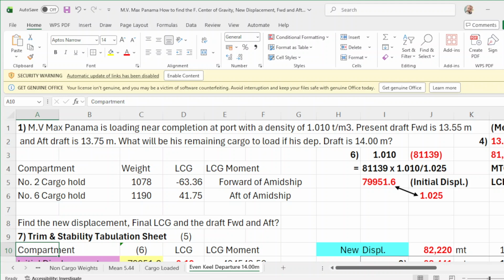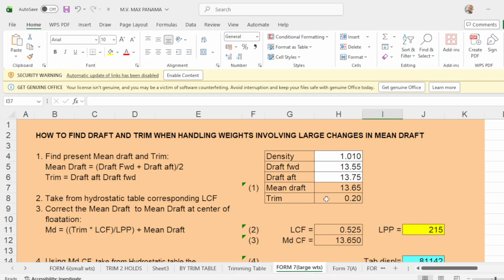Number 2, I skip number 2 because number 2 you have only to take your LCF, which is your mean drop. Number 2 will be for your mid center of rotation, which is exactly, this is the formula, the same as your mean drop of 13.65.